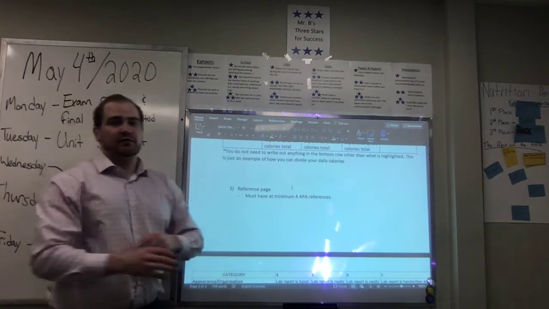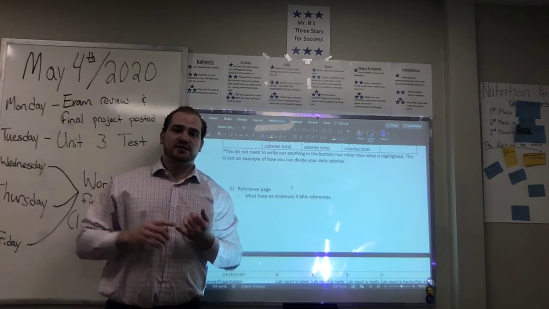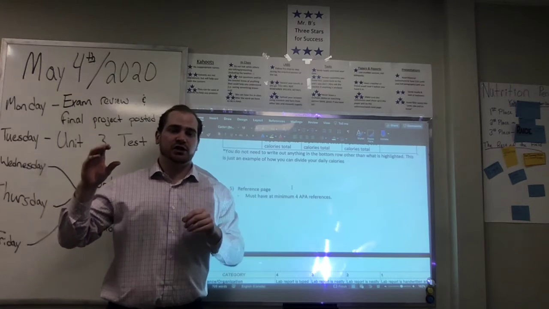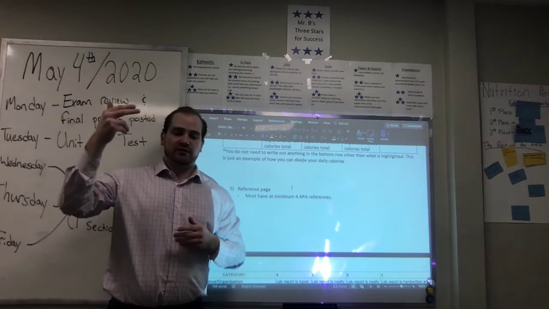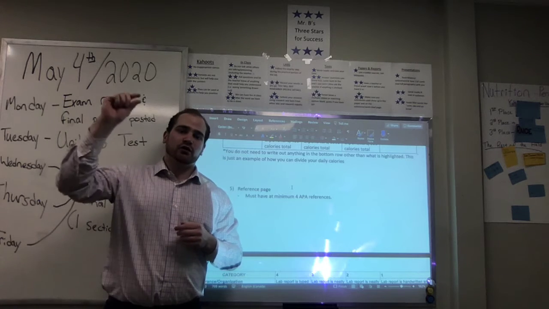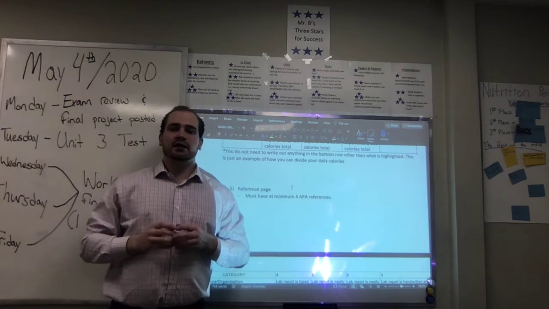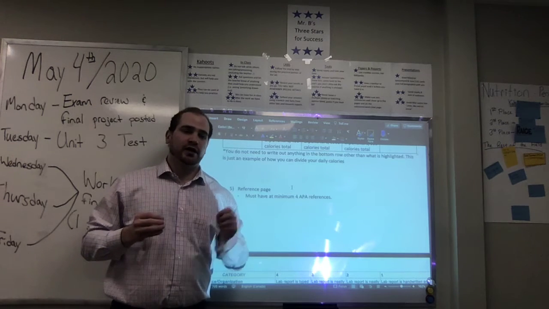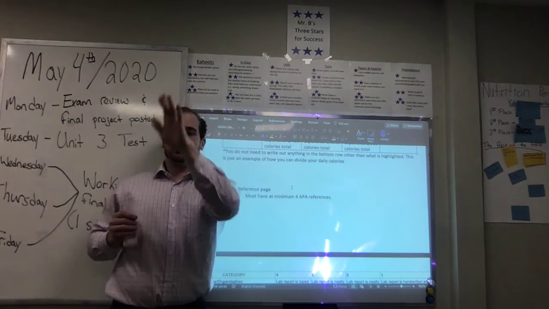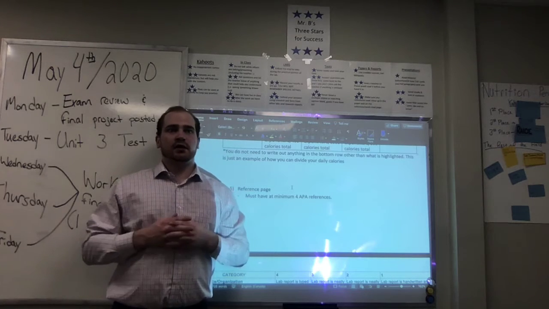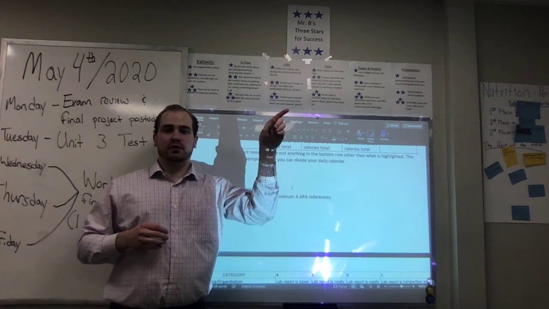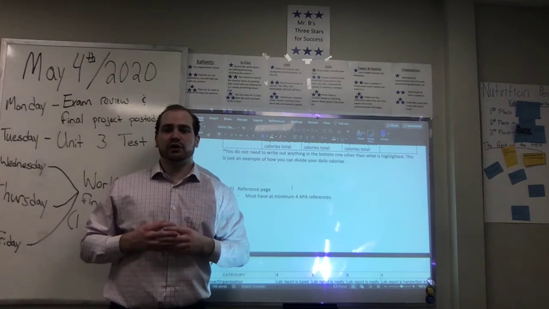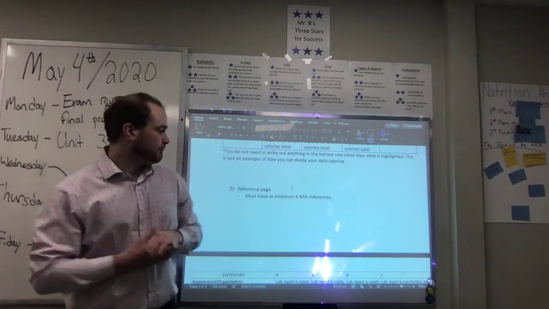I'll reiterate some referencing things. Make sure the references show up on the reference page and in the in-text where you're applying that information that you borrowed. As well, make sure your reference page is alphabetical. It's not in order of I used this reference first, this is second. In terms of APA formatting, it's alphabetical by the author's name. Let's say it was, I don't know, Waldo. So, Waldo 2020. Scan down, right at the end of the list, Waldo 2020. There's a reference. Nice and simple.